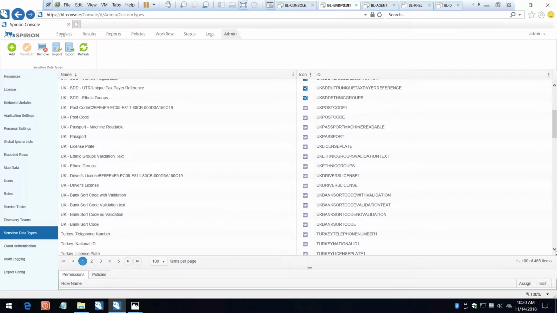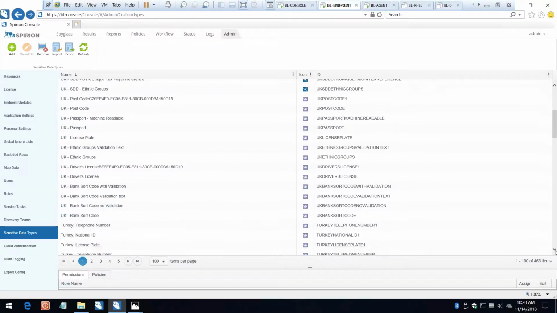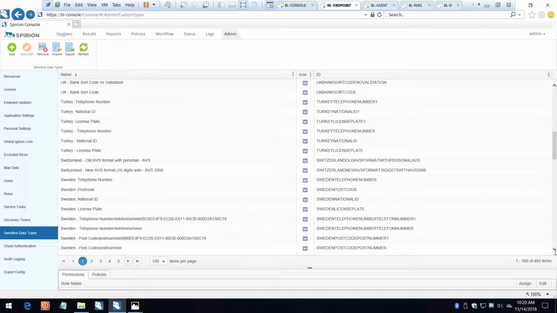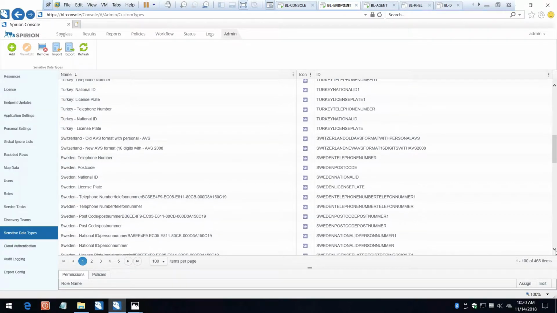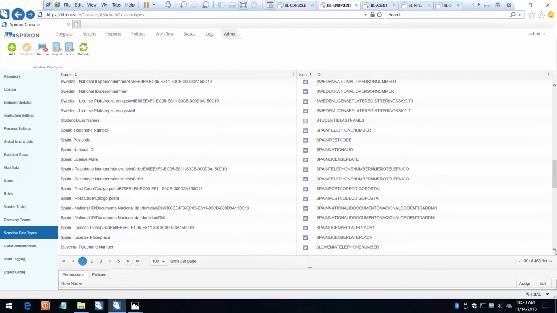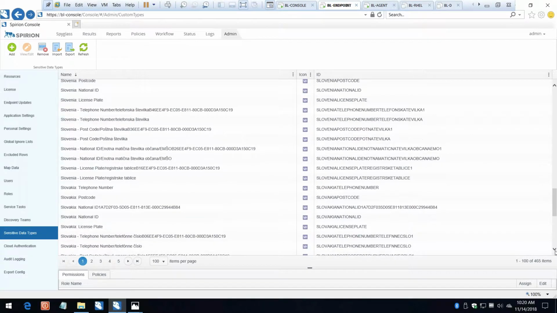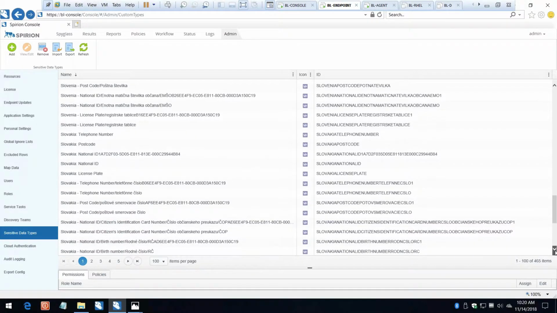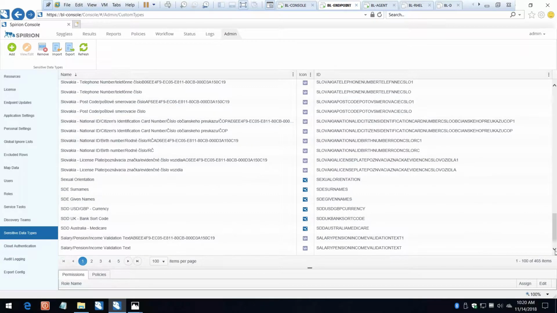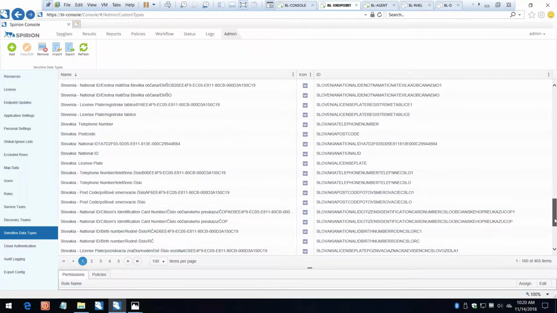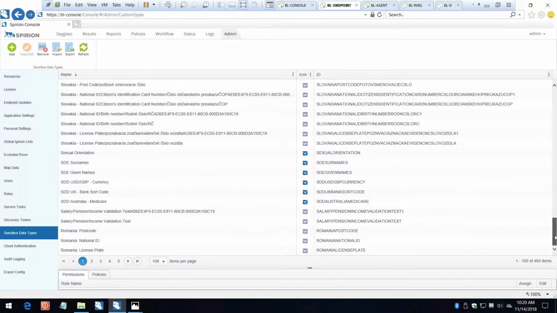As you can see, it's varied greatly. It is looking for what you would hope to find. We also include various other countries here, and this isn't all-inclusive, just a sampling of some of the GDPR data we have. So it does reach across all the EU. And there's several pages of this, as you can see. We have 465 different identity types that we look for in this particular environment that I'm working within. So it really does span the spectrum on the different types of information that you'll have to find as is related to GDPR and things like that.